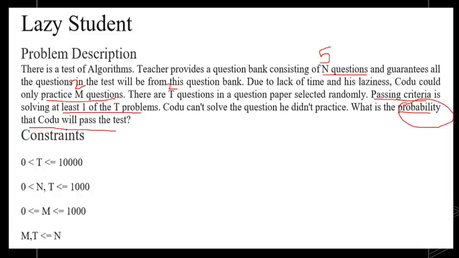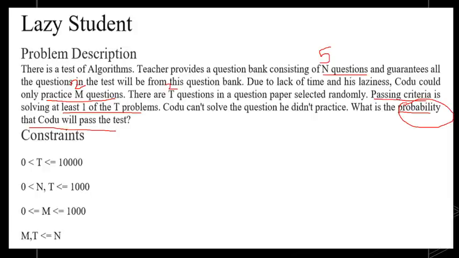But there is one indirect concept hidden here. What is that concept? I gave you 5 questions. Go to study the 2 questions. We are choosing 2 questions, right? So which means there is combinations involved here, right? They are choosing 2 questions from a set of 5 questions, which means combinations is involved in this problem, okay? So combinations is needed and probability is also needed, okay?